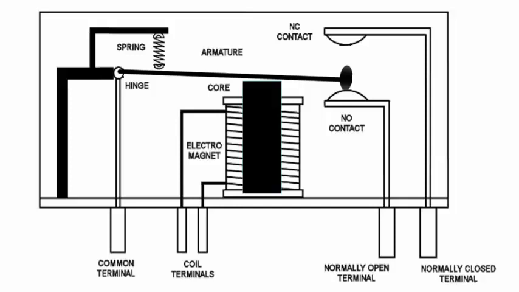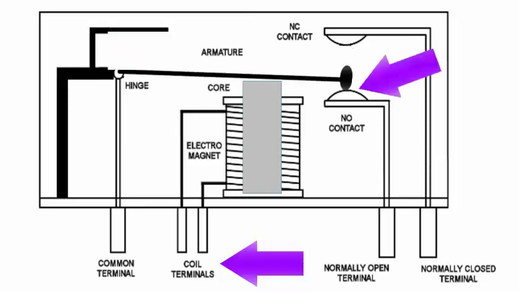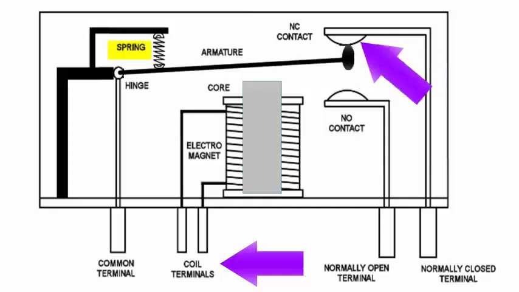Now what is the use of this particular spring? The function of the spring is to make sure that the armature is always taking this particular position, that is, no contact with the upper one when you are switching off the power. That is why a spring is there. If the spring is not there, then by gravity it is going to fall down and this contact is always made. So in order to ensure the armature is not always making the contact, you are using a spring.